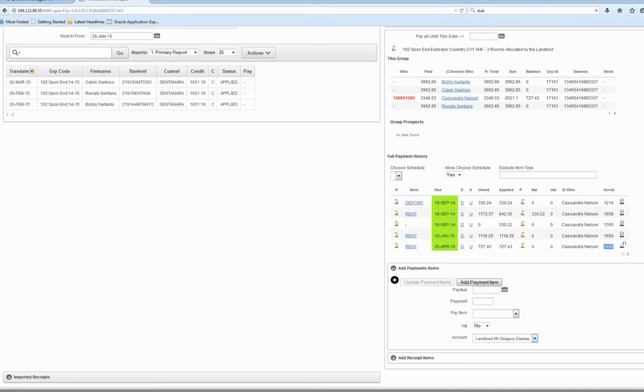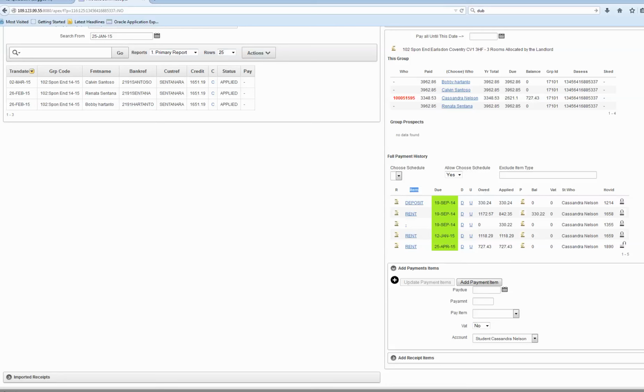If you saw the other video, you'd realise that we could equally choose the student account, in which case this particular student, Cassandra Nelson, we could add in a, say, damage charge to her or give her a discount or whatever it is, and that would appear in her rent schedule here as an item in the items,